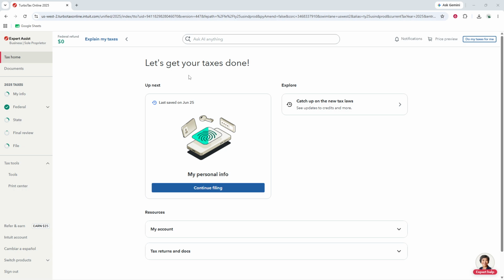To get started, sign into your TurboTax account. Make sure you're using the correct account, especially if you've had more than one in the past. Once you're signed in, go ahead and open your current tax return. This is important because you'll need to be inside the return you want to save before the print and download